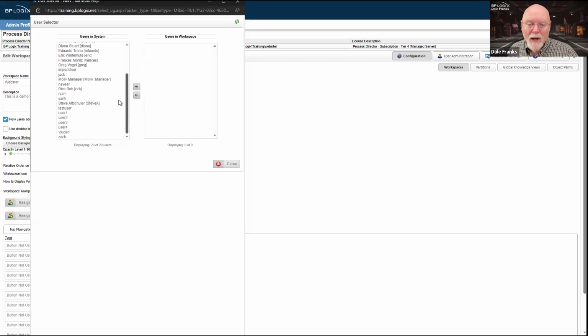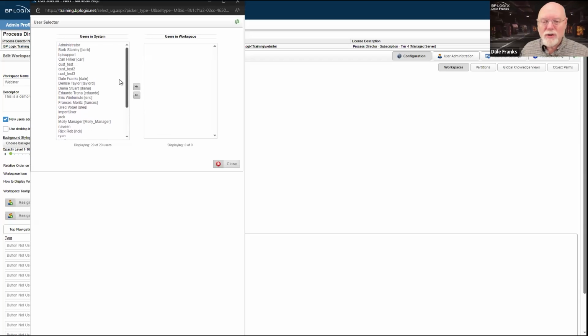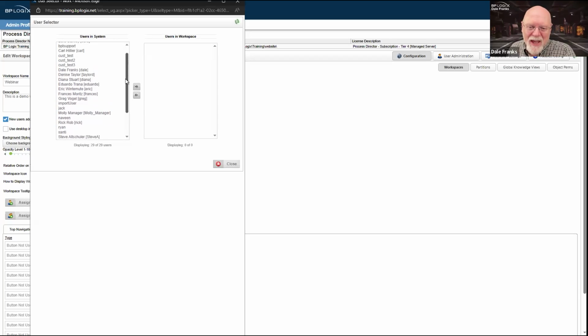Now, I'm lucky. I don't have a lot of users here, and the users that I do have are mostly notional test users. So I could manage this type of access to Process Director simply by accessing it at the user level.